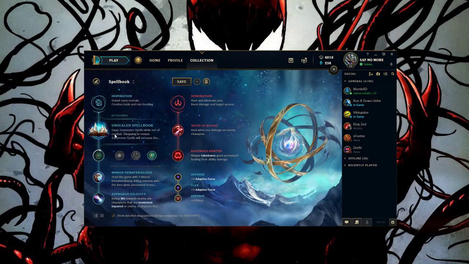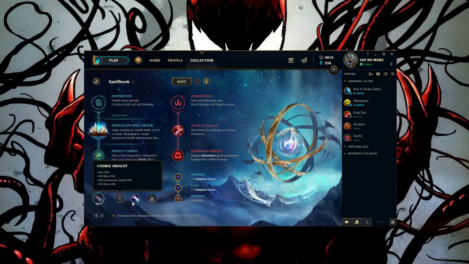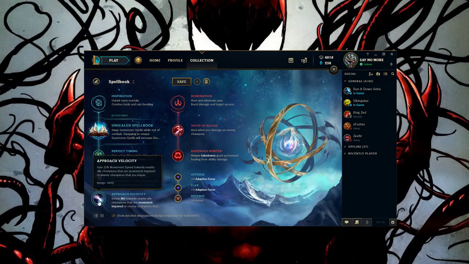So then after this, after Spellbook, I take Stopwatch, because I build Zhonya's almost every game. And after that, I take minion dematerializers, and this actually makes up for Mord's wave clear early game. It's actually a really good rune, in my opinion. I'll show you guys the stats after, and then for your last row, you can